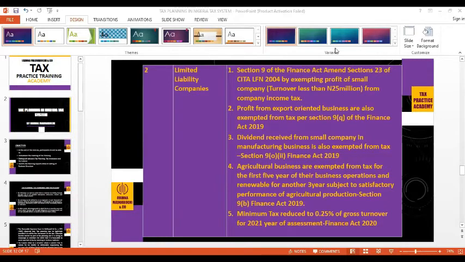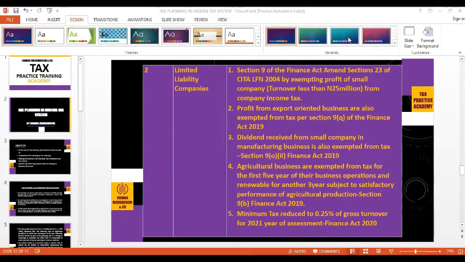So I will read it. Gross turnover means the gross inflow of economic benefits, cash, receivables, other assets arising from the operating activity of a company, including sales of goods, supply of services, receipt of interest, rent, royalty, or dividend. So, meaning that for the purpose of this minimum tax, when you are computing minimum tax, note, you don't just take the gross turnover of the company. You have to compute turnover for the purpose of minimum tax.